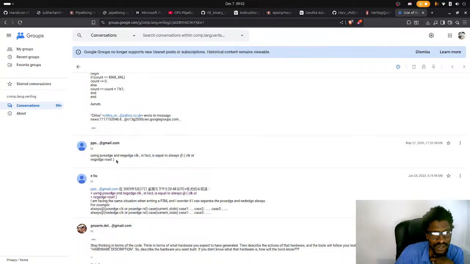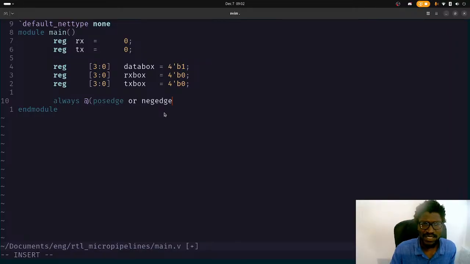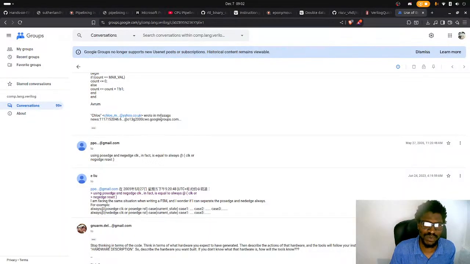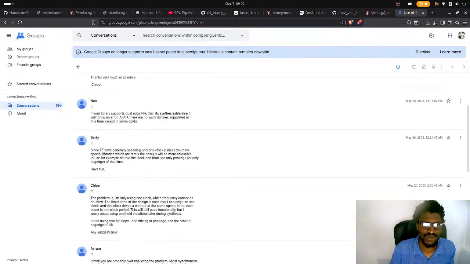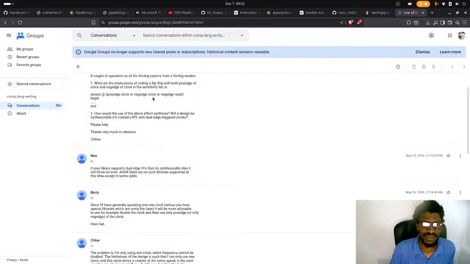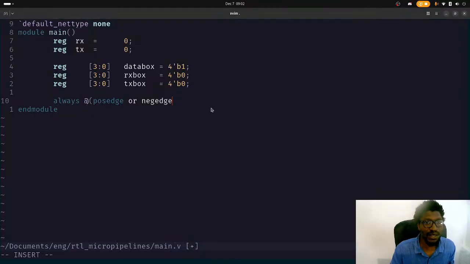At clock or pos edge, neg edge reset. So they want me to do, is it? So pos edge clock or neg edge clock. Okay, cool. So I need to say pos edge TX or neg edge TX. So